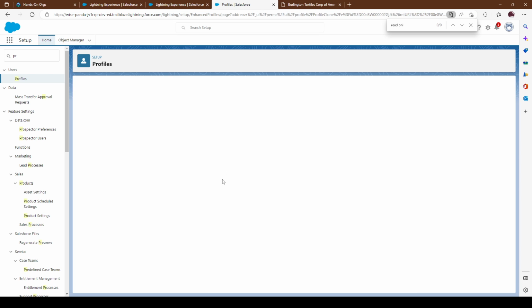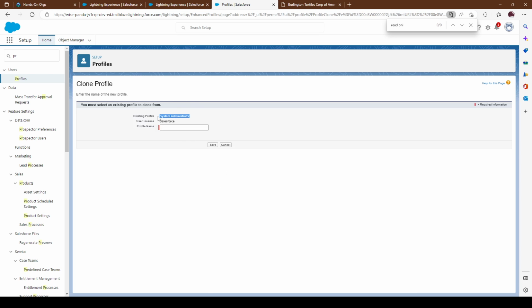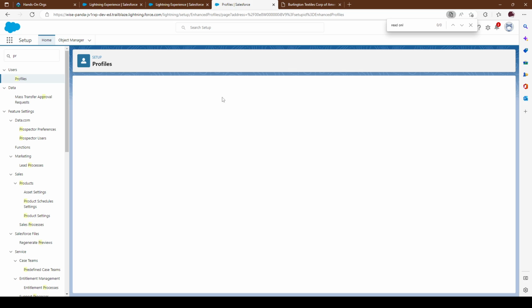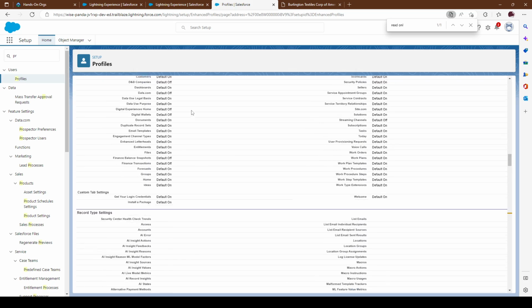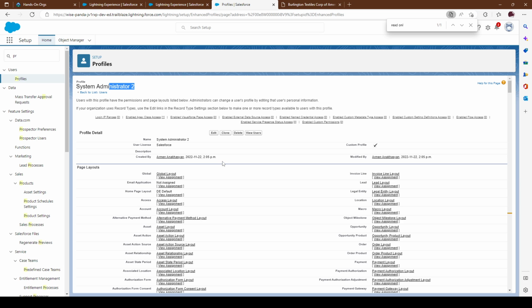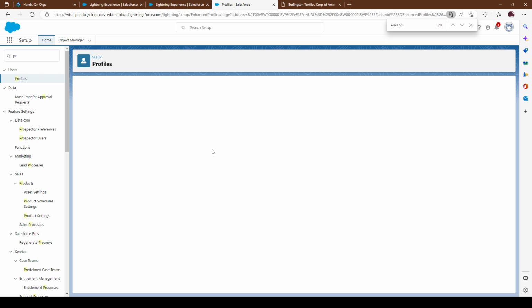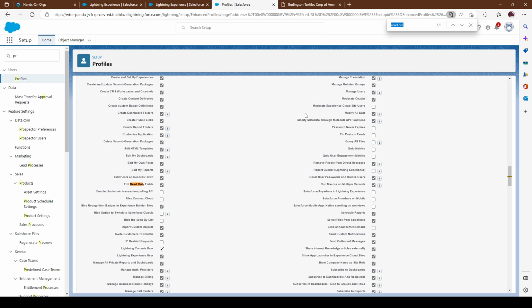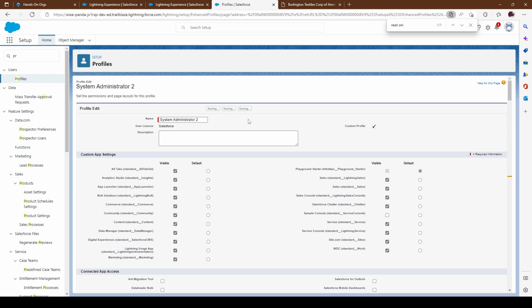To go around this, we cancel that because we're not able to change standard profiles. So we just clone it. Let's say we call this system administration 2, that way we have a good idea what we're working with. So we're now under system administration 2. Sorry, not clone it, my apologies, edit. If we edit, read only, you notice I'll be able to deselect it now. And if I do deselect it and I save,